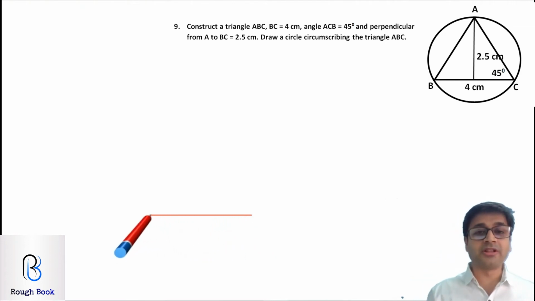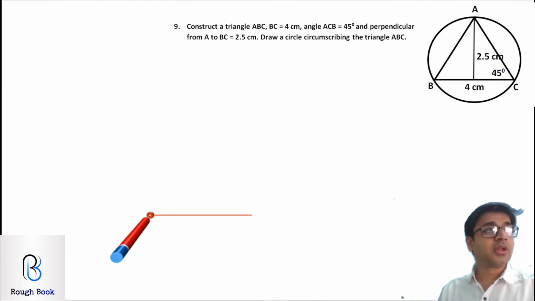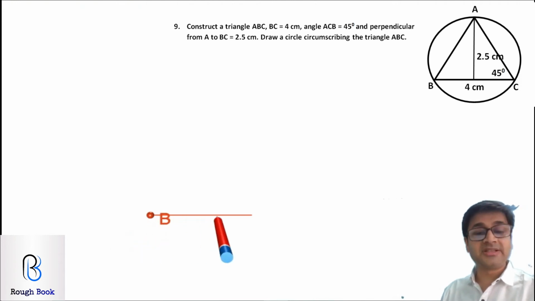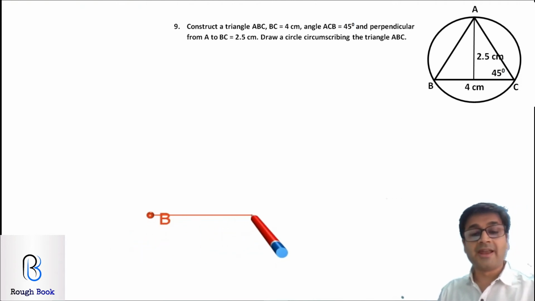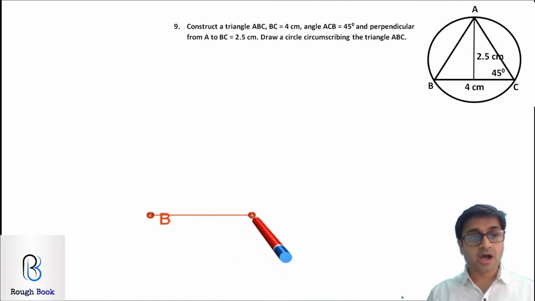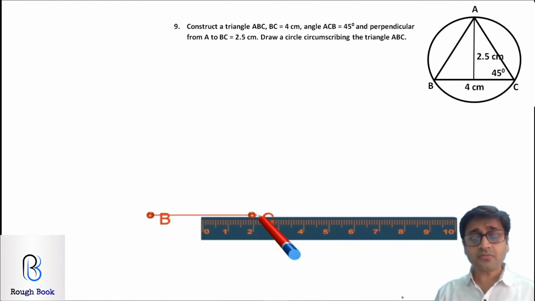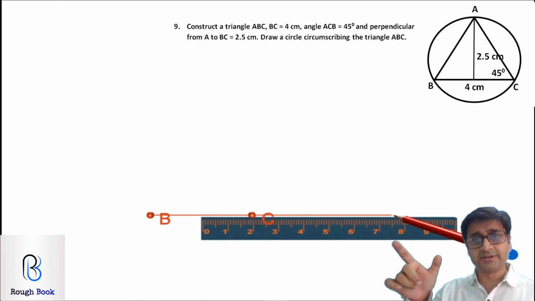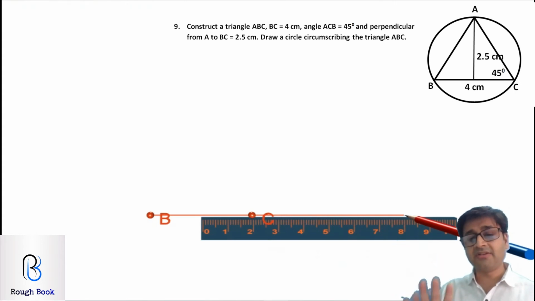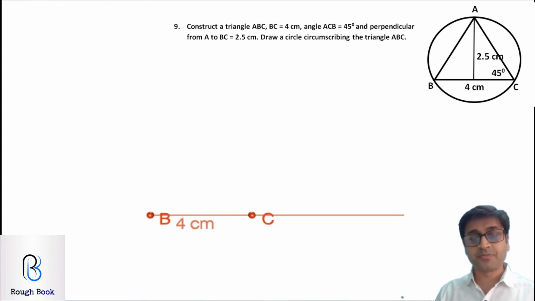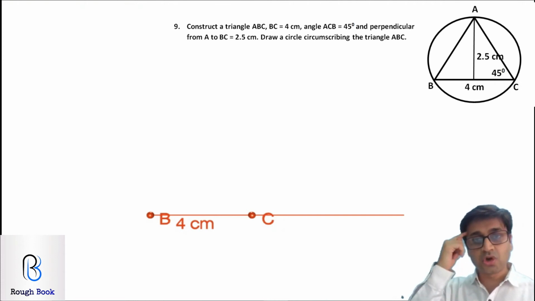So first I'm drawing the base as BC, which is 4 centimeter, and now angle ACB 45. How will I get 45 degrees? For that, first I'll have to get 90 degrees. Alright, I've extended the line. We will talk about that a little later. So first, this is 4 centimeter. Keep your compass on C. How will I get 45 degrees? So listen, try it, then come back and see. Don't see and then try. Okay, use your own brains.